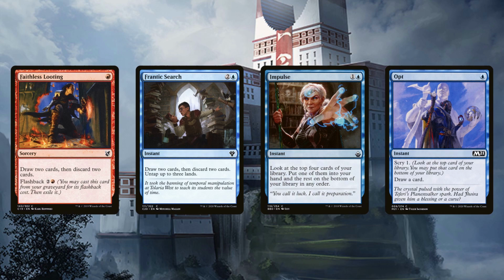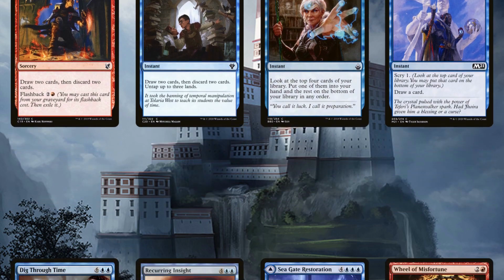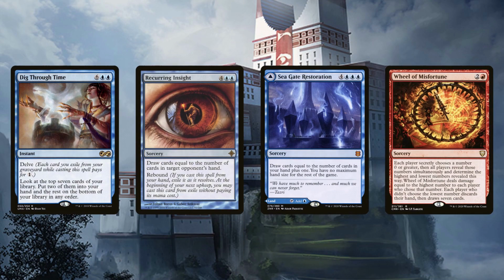graveyard fodder for Breach. Impulse and Opt are established tier 2 cantrips, so we're running those as well. Then we have Dig Through Time, Recurring Insight, and Seagate Restoration, which serve as outlets for our excess treasures. However, Seagate Restoration is a land 9 times out of 10. Wheel of Misfortune is a great new card for us, as we aren't dependent on our life total, and it's